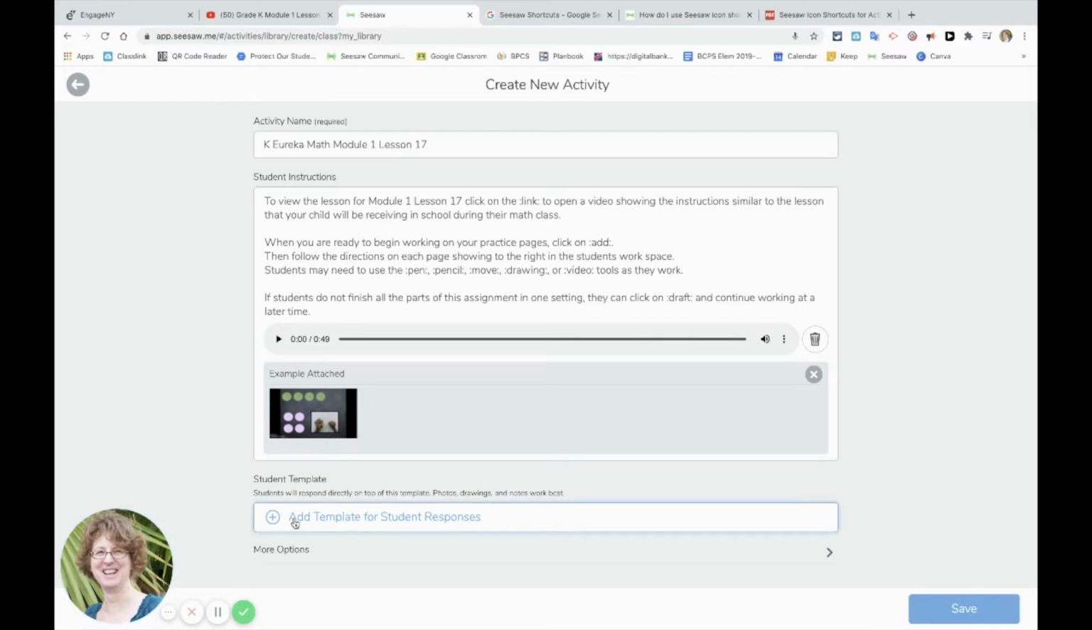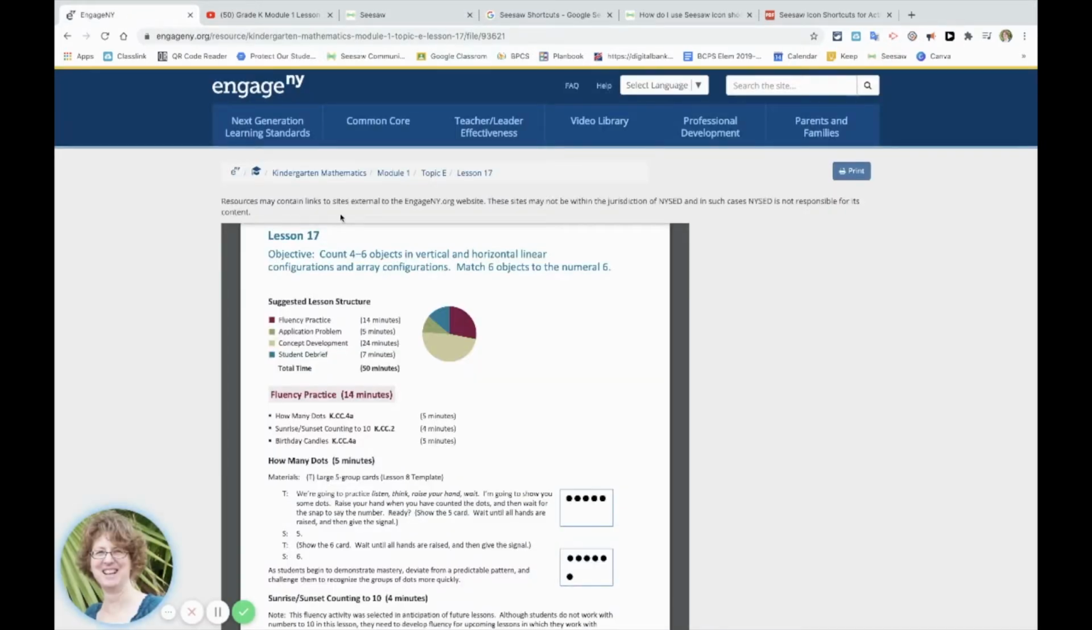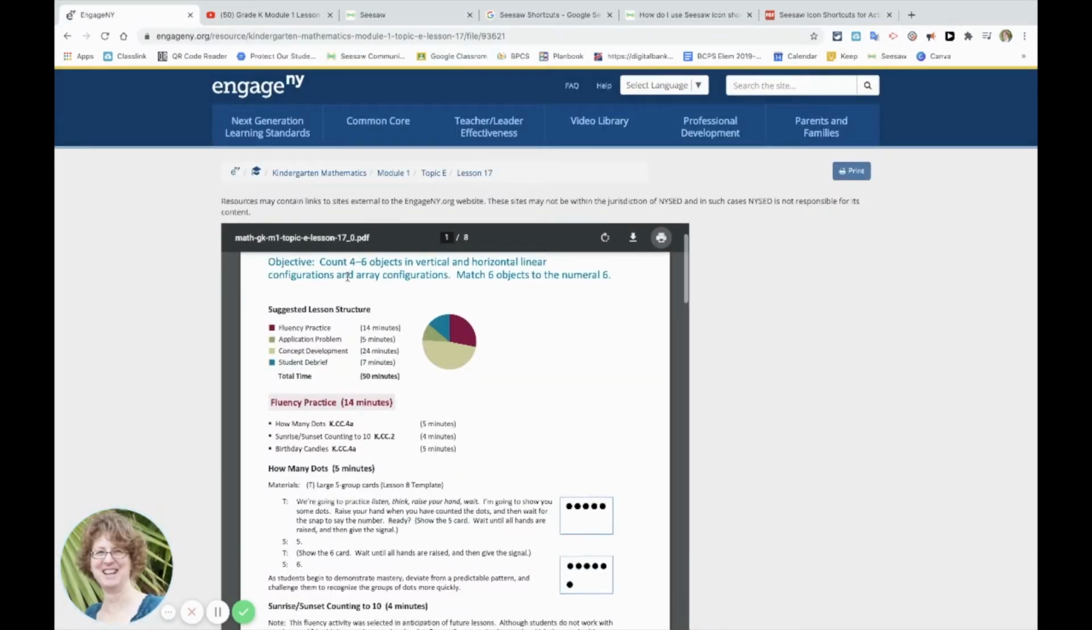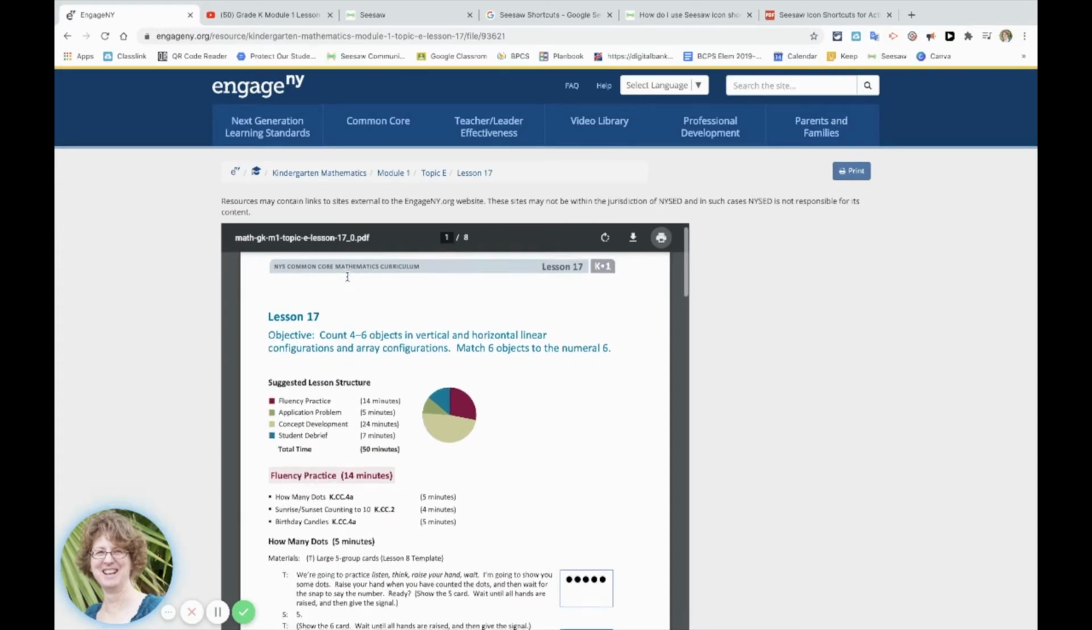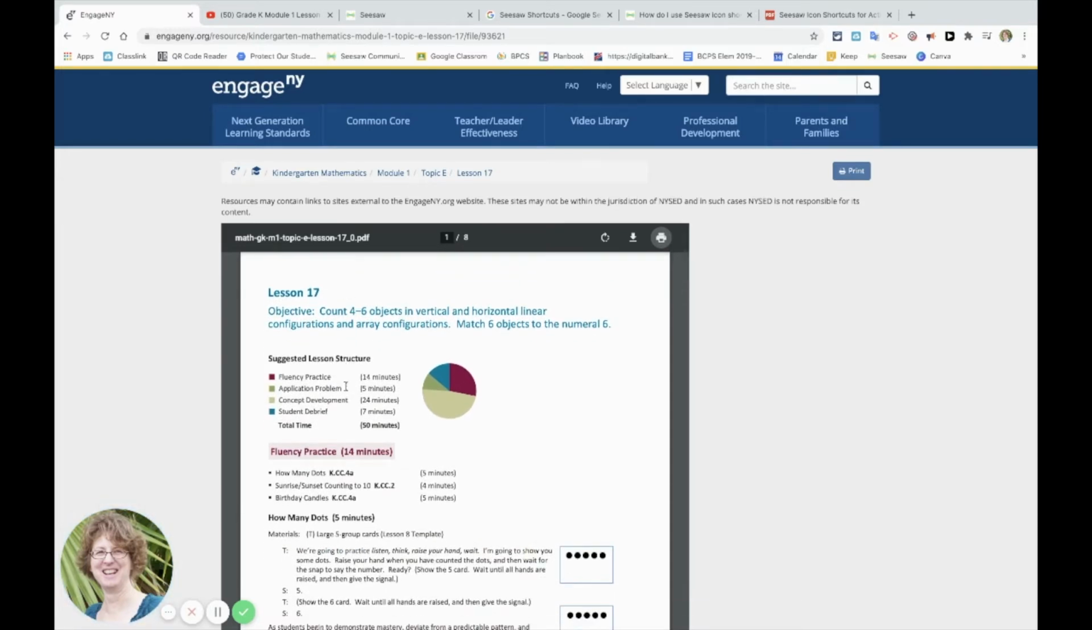Now I'm ready to begin working on the student template. That's below the instructions section. And this is where I would put the copy of the students' workbook or worksheets, their practice sets. So what I've done is I have gone to Engage New York and I've done a search, and I want the material for Module 1, Lesson 17. This is the PDF